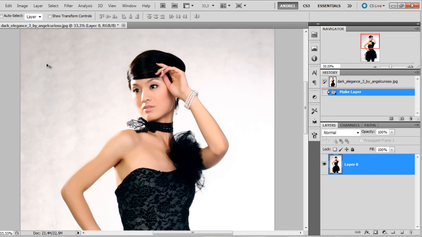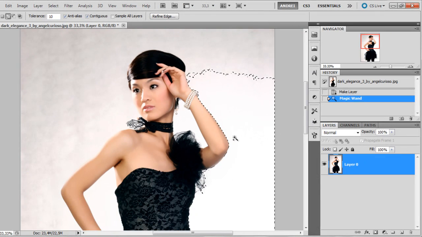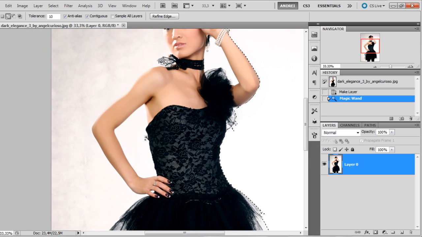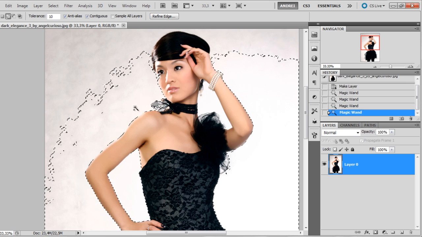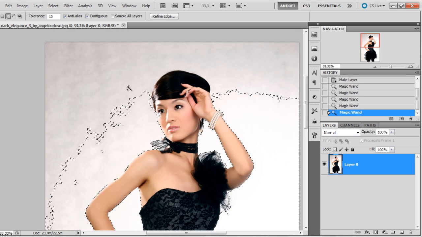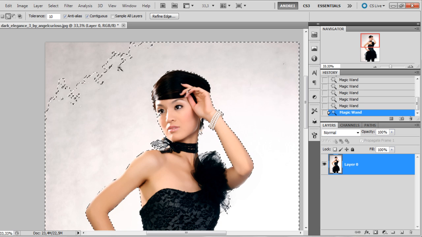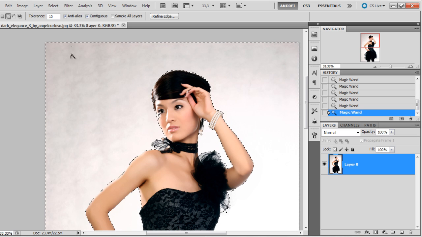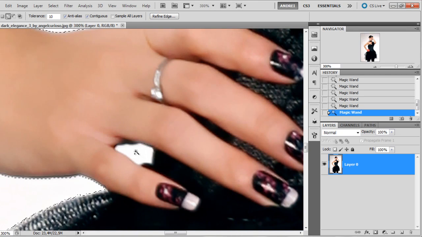I would usually use the pen tool to extract the woman from the background, but because I want to go a bit quicker now, I will use the magic wand tool. So I have the tolerance set to 10, and now I just press the shift key and click on these areas here to add them to the selection. And once I have everything selected, I will use the refine edge. So that's the rough selection. I still have an area here,